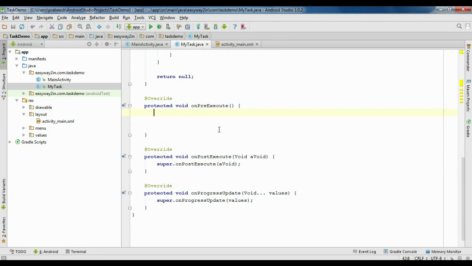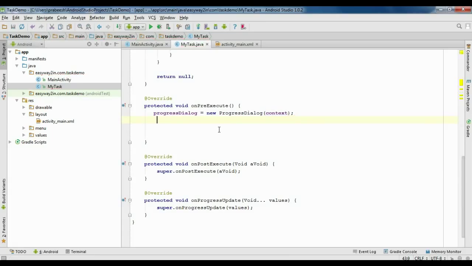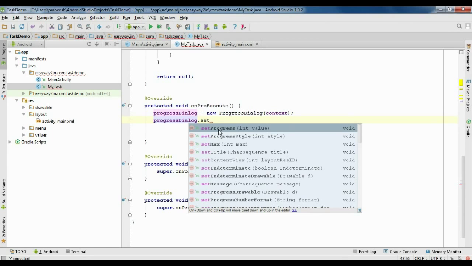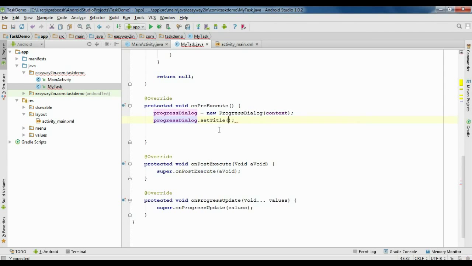So in this method you can do the initial preparation for the async task. So here I need to initialize the progress dialog, new progress dialog, and pass the context object. Okay, now set some title for the progress dialog. Set title download in progress. Okay,